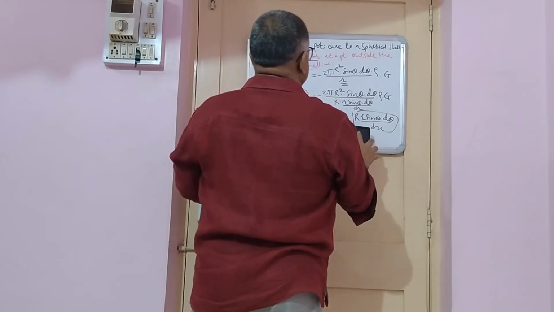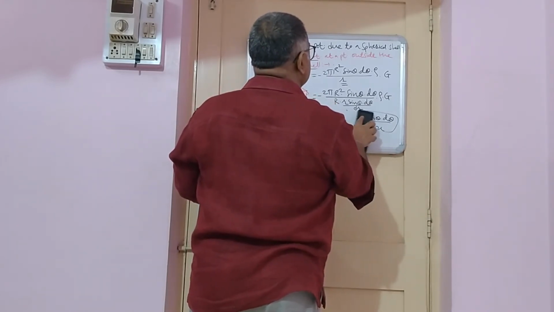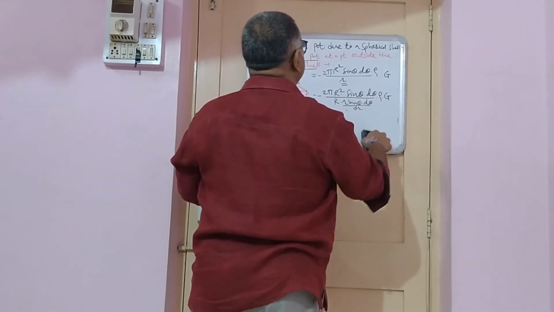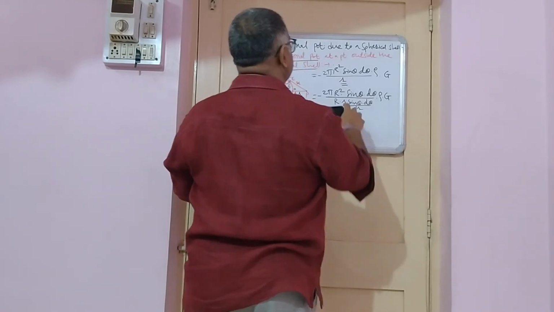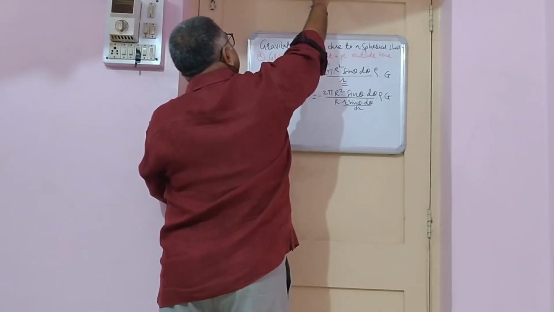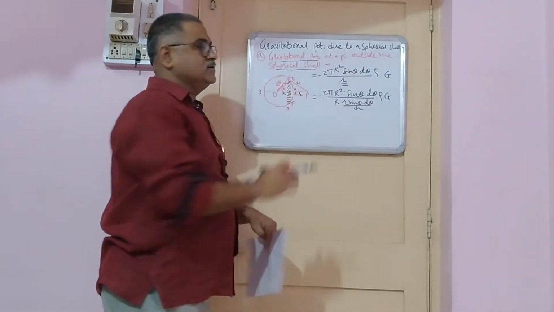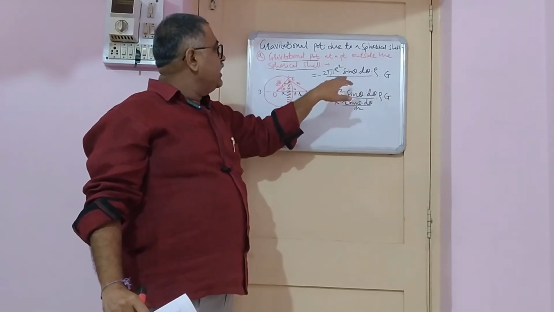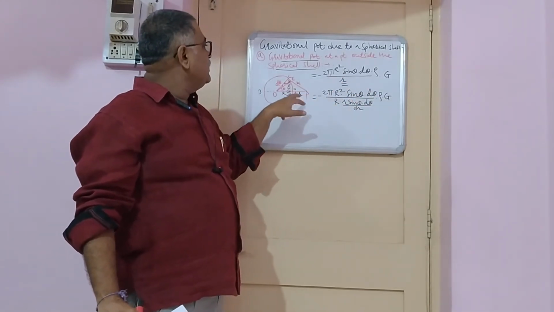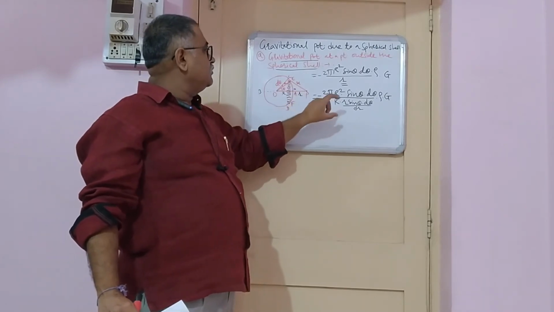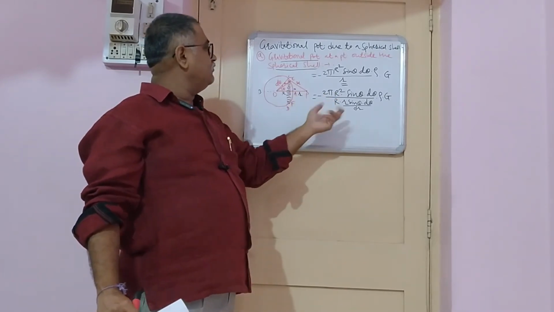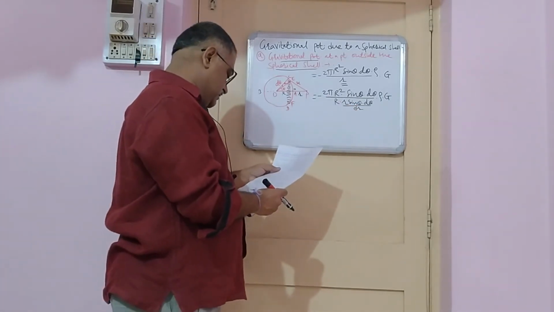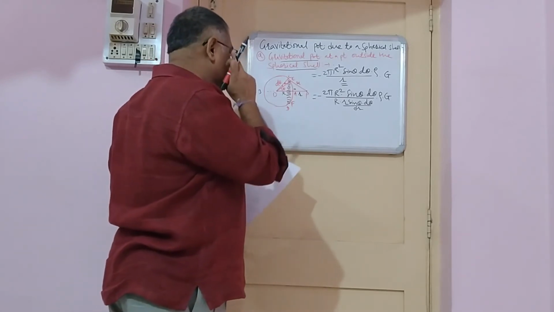In place of small r, here we are putting the value of x, and by which we get the equation 2 pi r square sine of theta d theta rho g as it is, and in the place of this r we are putting the value which we got for x, that is r into r sine of theta d theta by dr.